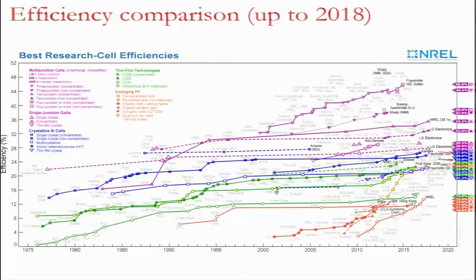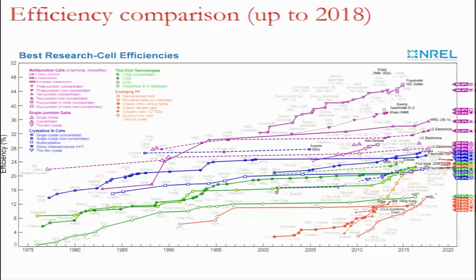And if you go to thin film technologies, the ones in green, CIGS has a number of about 23% right now, laboratory scale, in the concentrator mode. If you go to non-concentrator mode, the efficiency is about 22.6%, which is here. And cadmium telluride is about 22.1%. These are laboratory best efficiencies, but these are not the average efficiencies. So these are the world records in that sense. And then amorphous silicon lies low at 14%, and the work on amorphous silicon has almost stopped now.